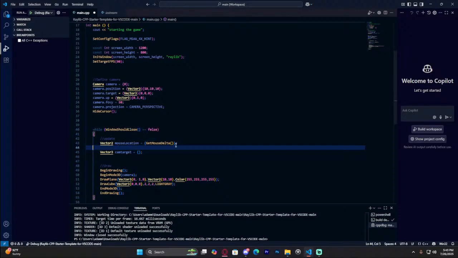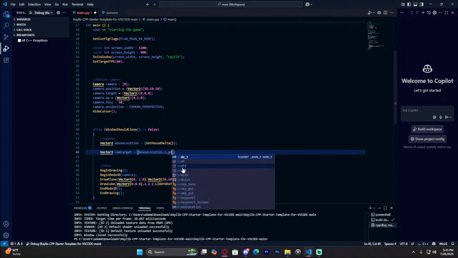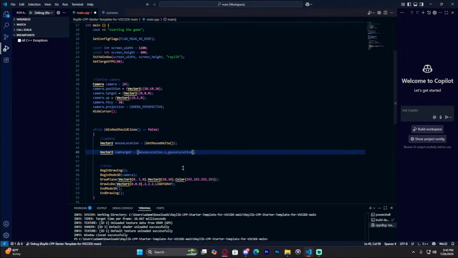To mouse location, get mouse delta. We're printing that and that. Location, comma, 1. Dot, oh, there we go, dot x. Dot